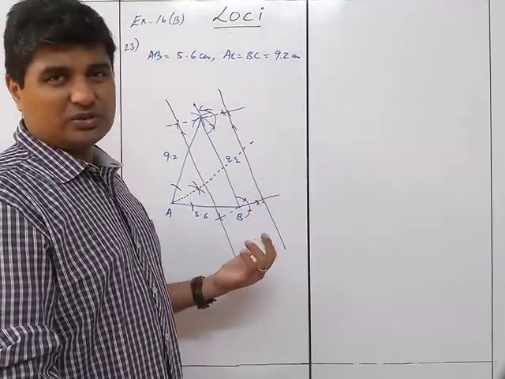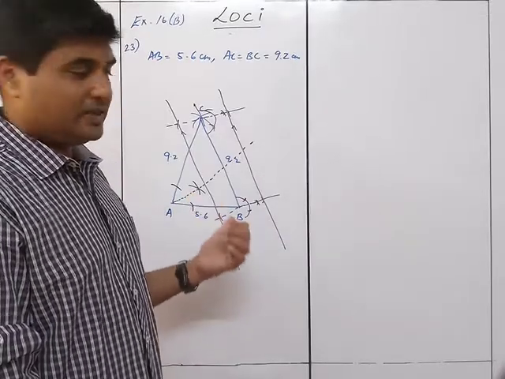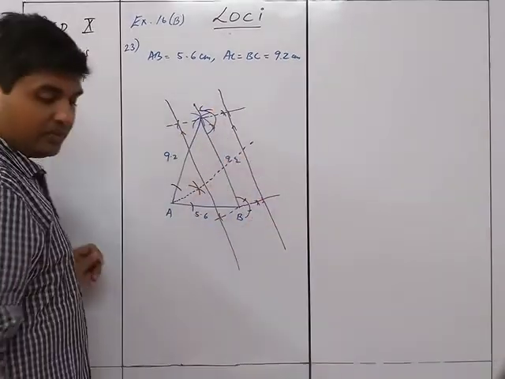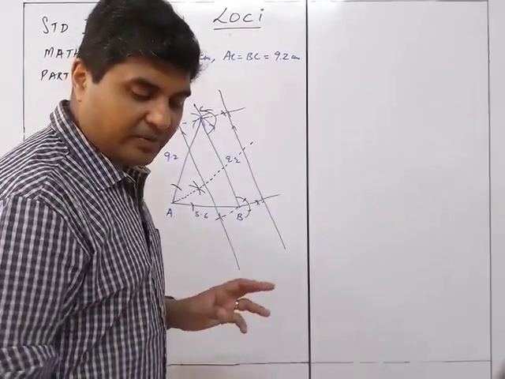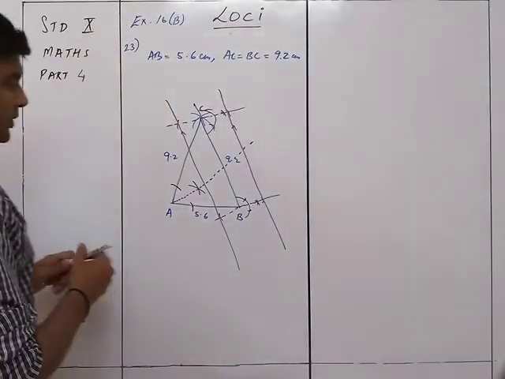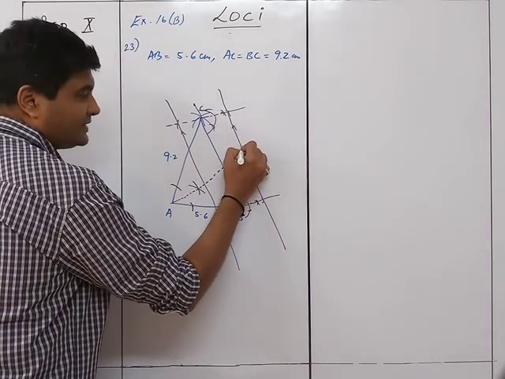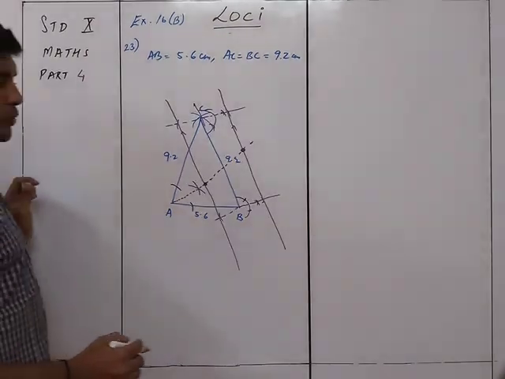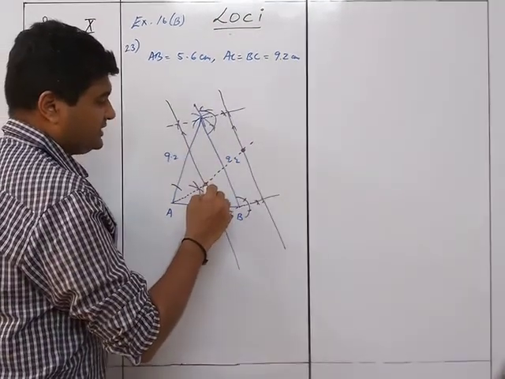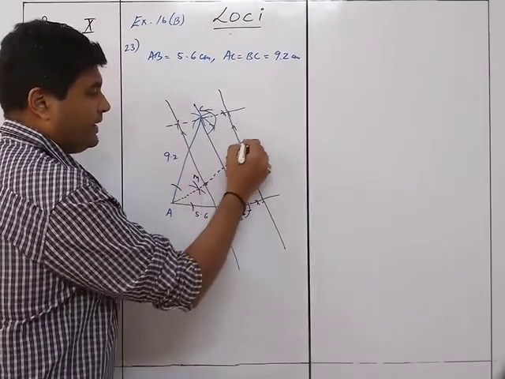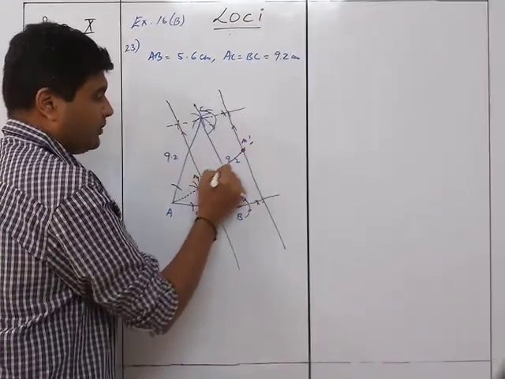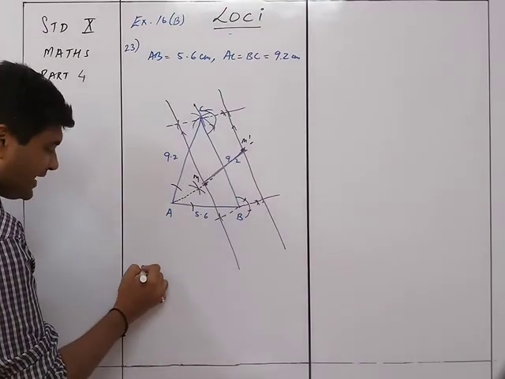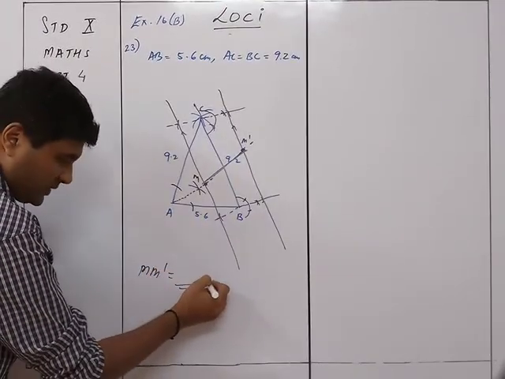It's much easier also. Of course that was easier, much easier, but this one is not so difficult. So yeah, you can draw these two things. Now the question is: measure the distance between the 2 points obtained. So you are going to see that it intersects at this point and this point. These are the 2 points and we are going to measure the distance between them. So this is my point M and this is my M dash, and I am going to measure this distance by a scale and write the distance M M dash equals whatever centimeters it is.